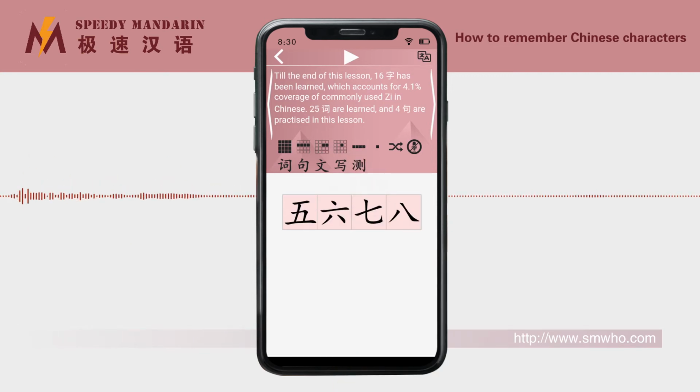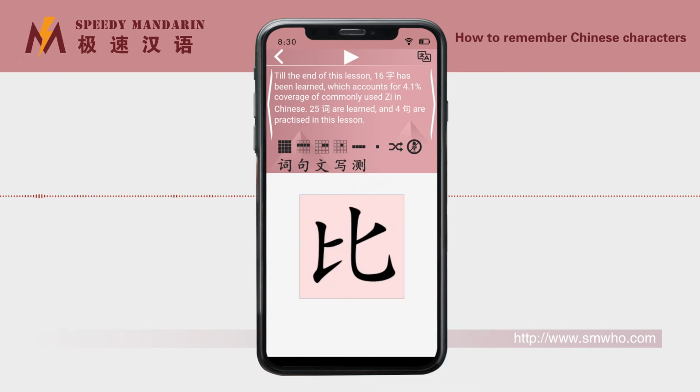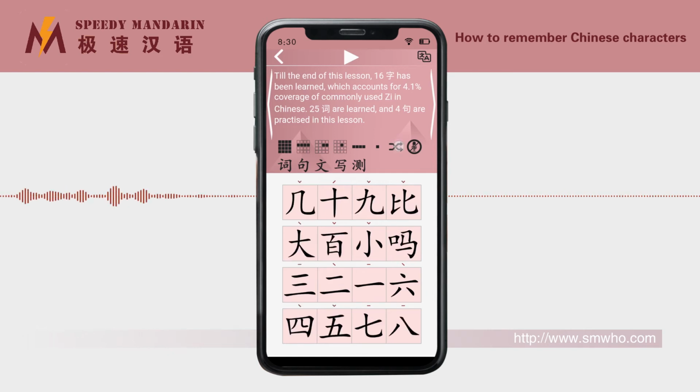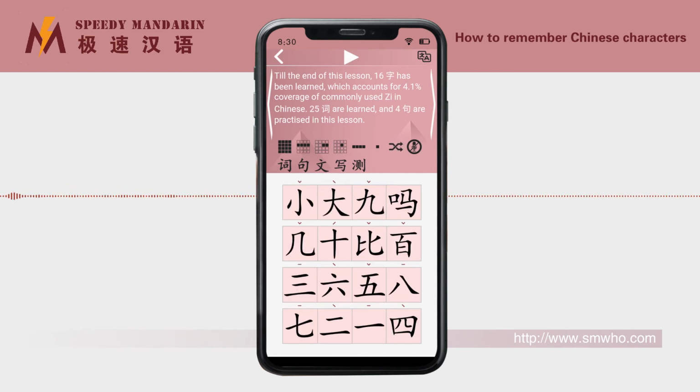Click the fifth button in the first line repeatedly. 4 Chinese characters in one line will be randomly displayed at a fixed position, and read them aloud. Click the sixth button repeatedly. A Chinese character will be randomly displayed at a fixed position, and read it out. Click the seventh button repeatedly. The app will change the display order of the 16 Chinese characters and read them in the displayed order. Through this process, you can deepen the memory of Chinese characters and train your reaction speed.